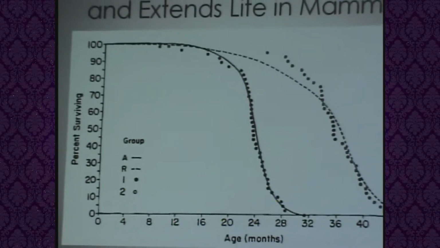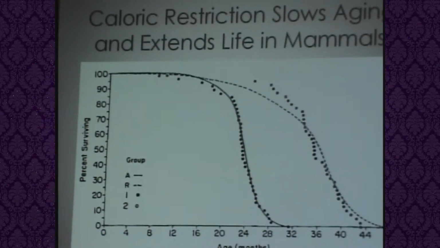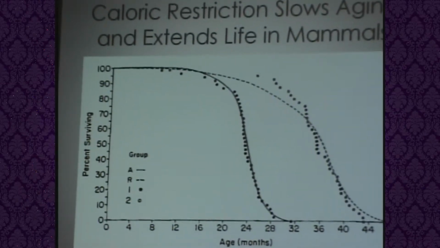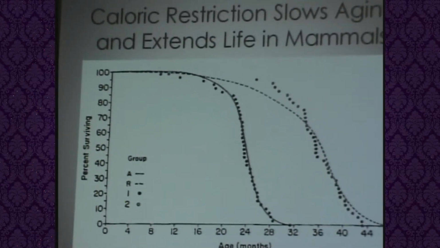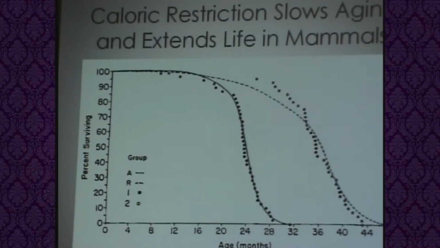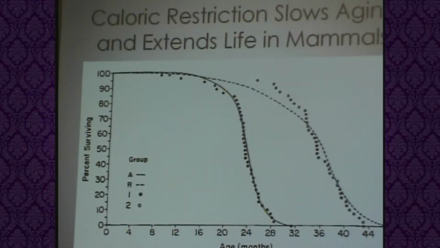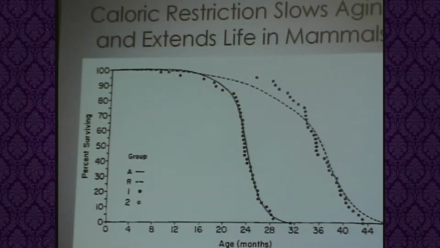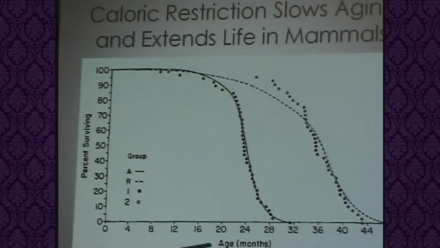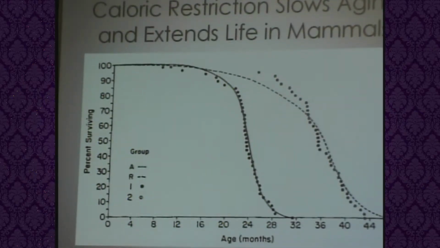A lot of this is based on the classic experiments of McKay that were then followed up by Dr. Masoro in this institution and others in rodents, showing that calorie restriction, not starvation, but modest calorie restriction, in most cases up to about 40%, decreases the rate of aging and decreases the onset and development of age-associated dysfunction and disease. So this is representative of decades of research by Masoro and others